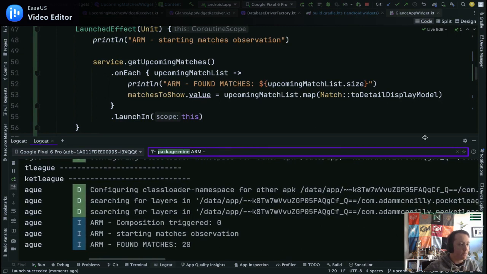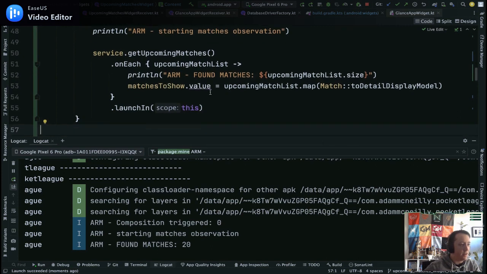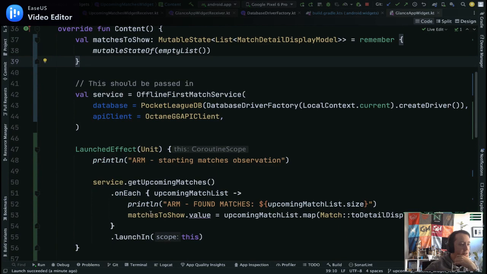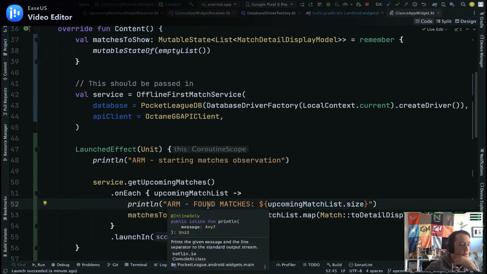All right, let's try this again. Okay, wait. Starting observation, found matches, but it didn't re-trigger composition. Huh. Okay, okay. So is it an issue with this? I thought every time the mutable state changed. Oh my god. Wait, yeah. Matches to show dot value equals